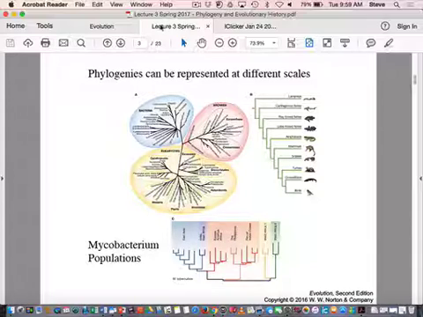Here's another reddish clade. But each one of these represents a geographic area throughout the world where you find these populations that group together. So you find East African Mycobacterium sharing a common ancestor, right? You find India and East Africa sharing a common ancestor, and they all come back to that common ancestor. And then you have, what do you have? Europe, America, and Africa. So you have these different populations that form these groups that share a common